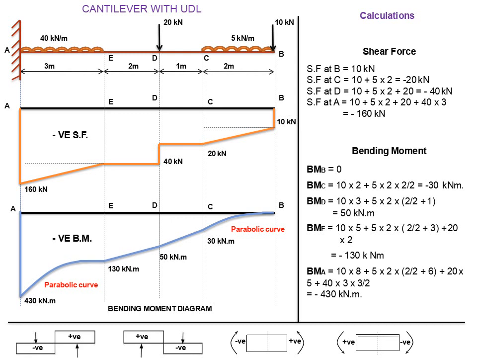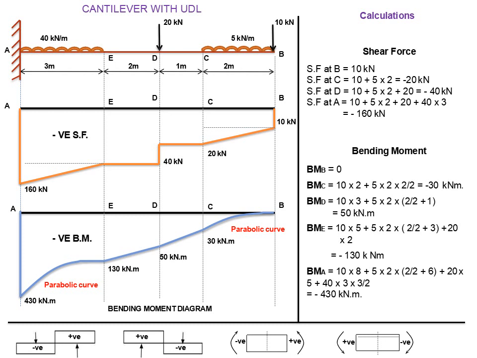Here, from B to C we have only one point load and one UDL load. So add the two loads: 10 kilonewton plus, for the UDL load, the shear force is load into distance, so 5 into 2 we get 10, giving 20. Here also the sign is minus. The shear force at B is minus 10, and the shear force at C is minus 20.